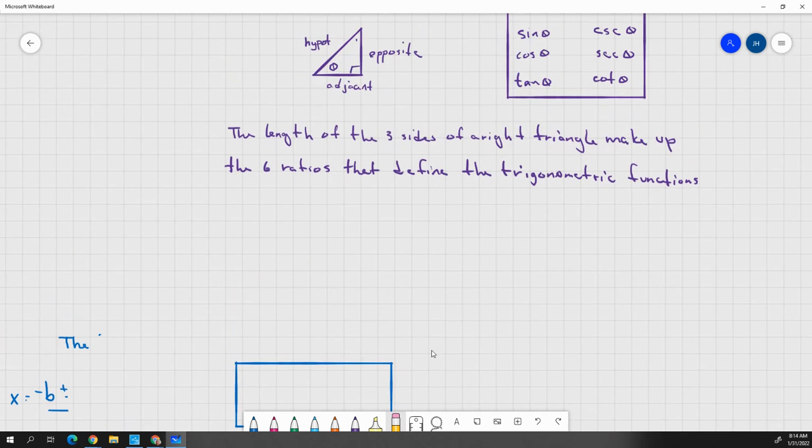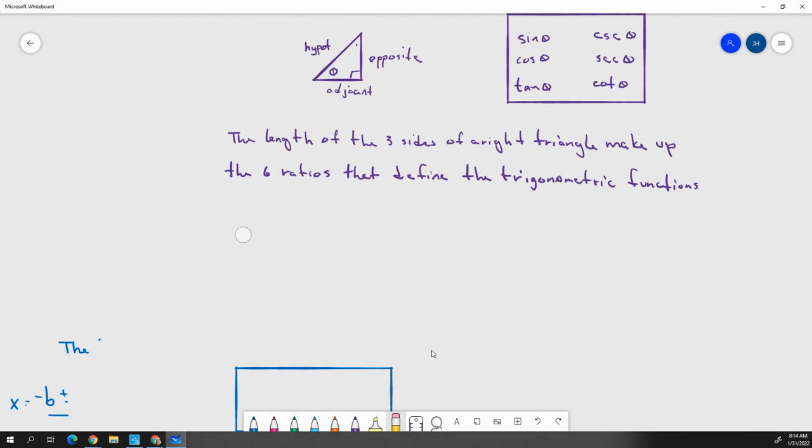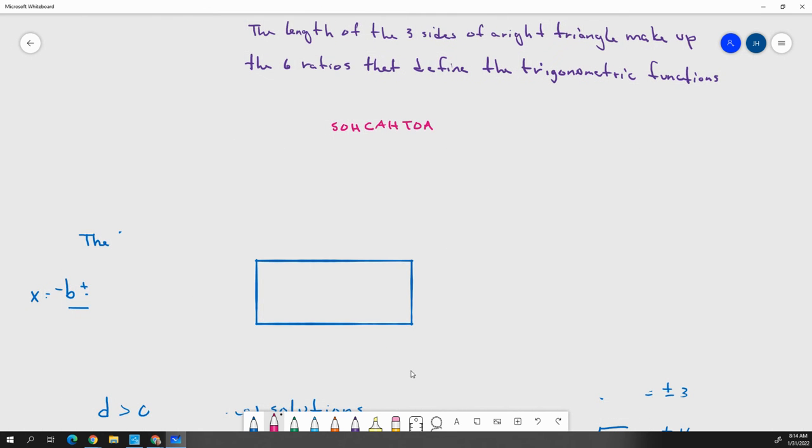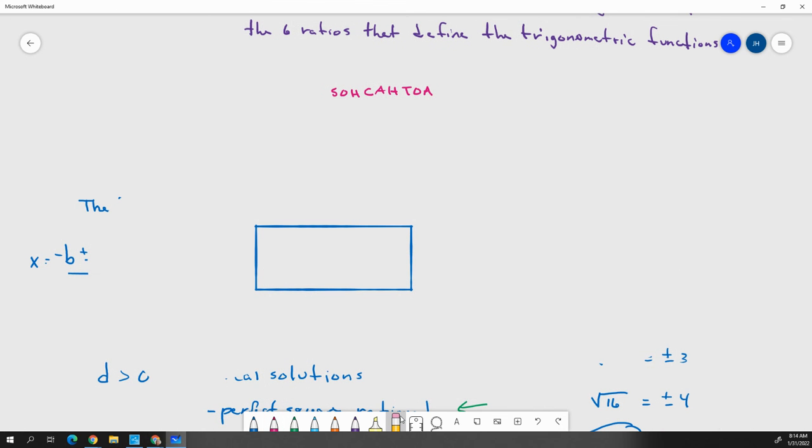Okay, you have. SOHCAHTOA refers to those trigonometric ratios that I was talking about a minute ago, right? I'm going to go ahead and clear this board for a second, clear the whole darn thing,